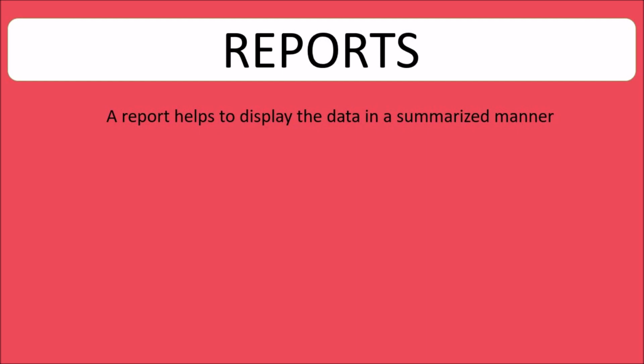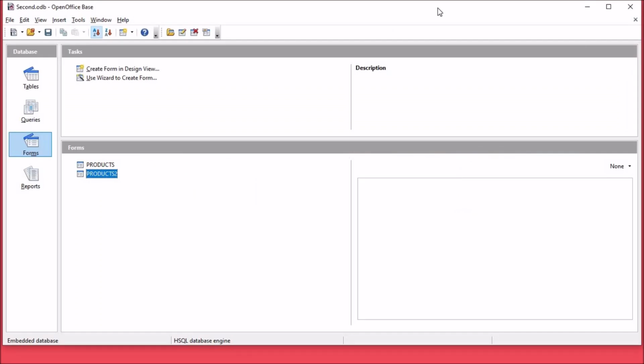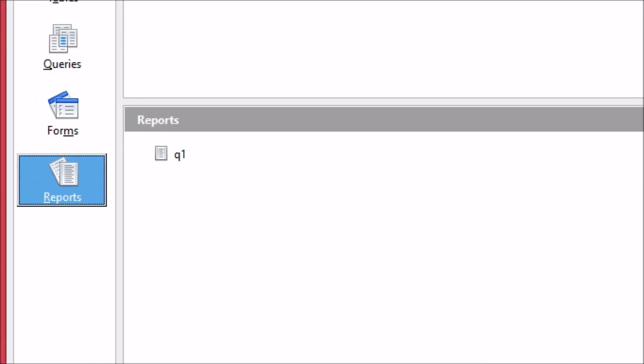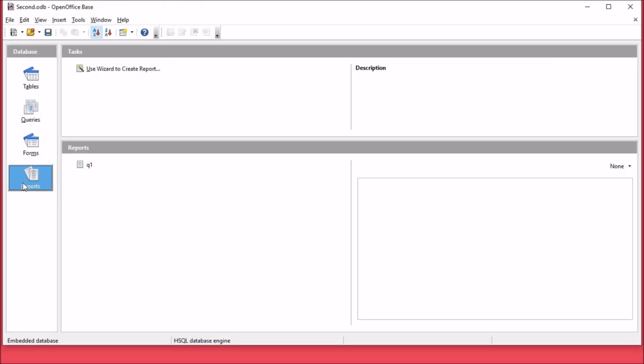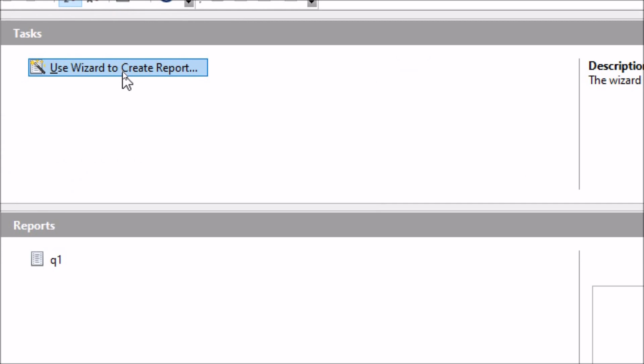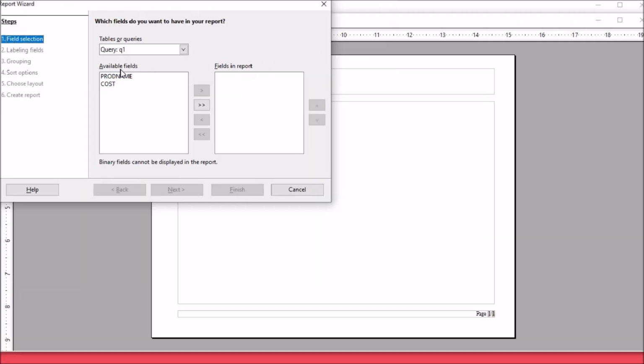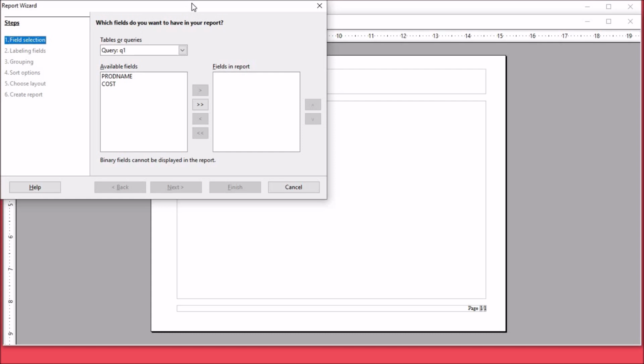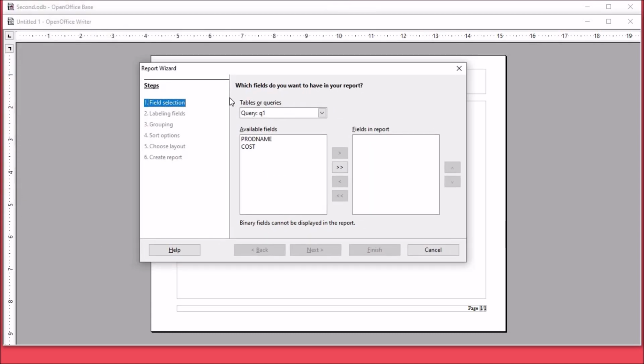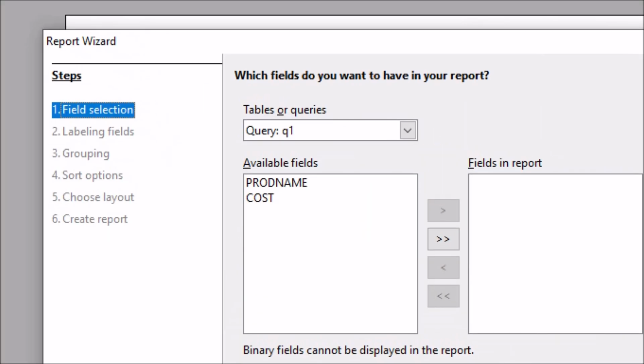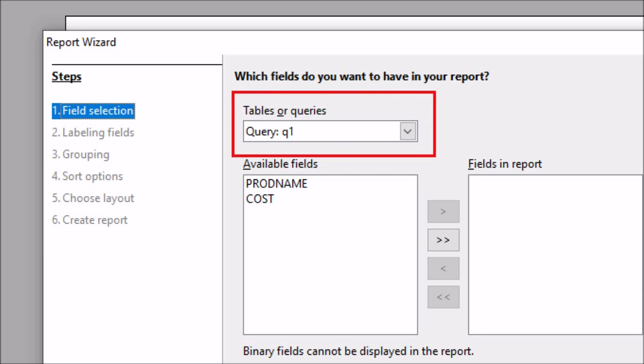So for this purpose again we are going to move to Office Base option, and inside this Office Base option we are going to click onto the option reports from the left pane here. And as we click on this reports option onto the left pane, we are getting use wizard to create report option onto the right pane of this window. So we are going to perform a click over here. After performing the click, the first window that appears in the wizard is for the selection of tables, and from this window what we are going to do, we are going to select our products table.